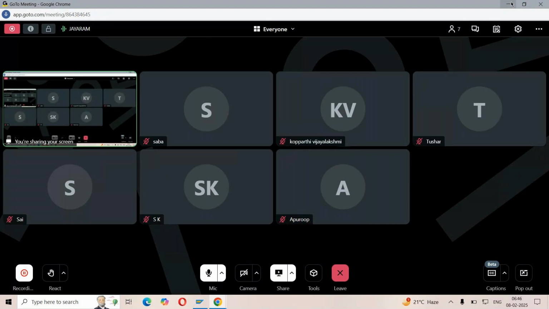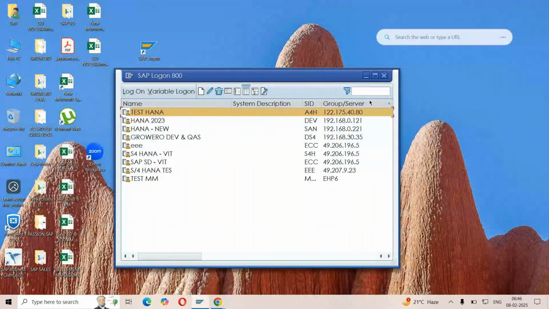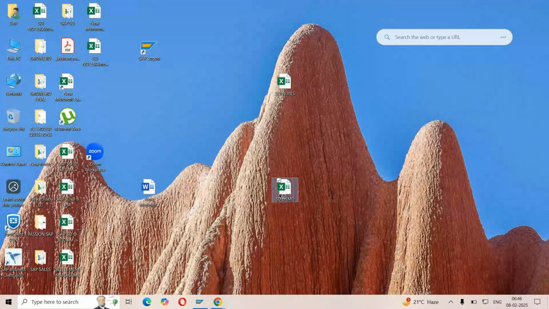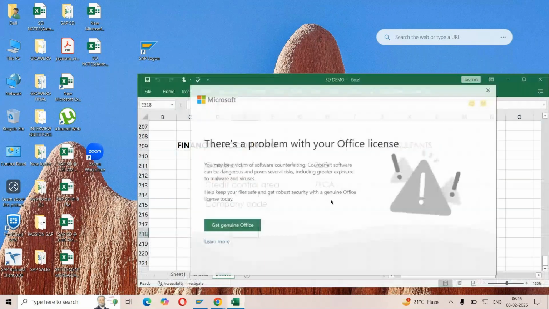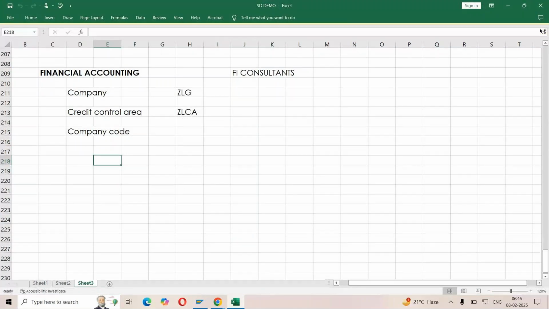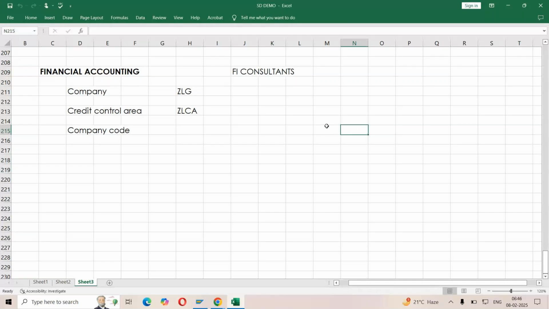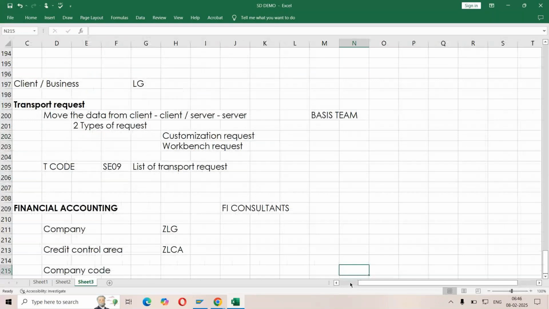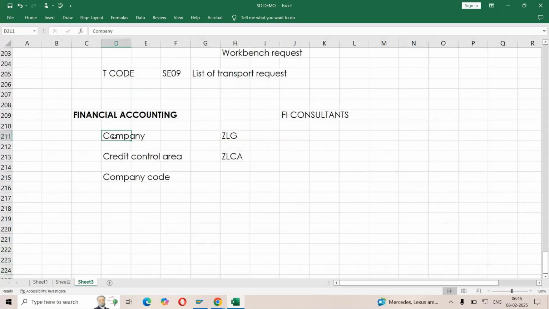Okay, so let me try to start today's session. In the last class, we started configuring our enterprise structure, and there were a few things we already checked out on how that needs to be done as part of your financial accounting. We performed an activity where we checked how to create our company as our first step. Second step, we also worked out the credit control area creation. Now, today we try to work out the third one, which we call the company